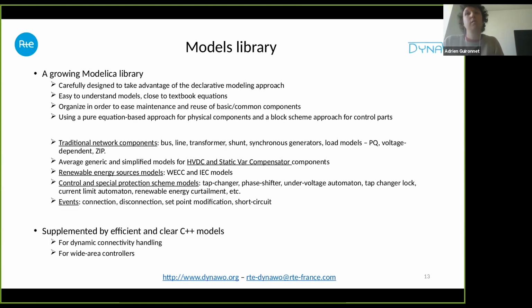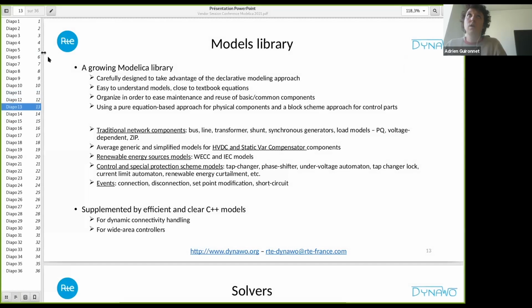In addition to this Modelica library, we still have a few C++ models to cope with two main topics. The first one is being able to connect and disconnect components dynamically during the simulation, which means we have dynamic connectors. That is done in C++ at the moment. And also for wide area controllers such as the frequency regulation, where you can have a very different number of components connected to the controller depending on the simulation you do and the area you consider. So I will just try to show you now the library in